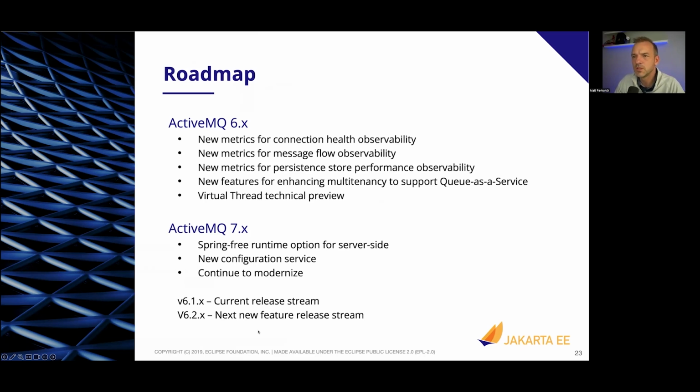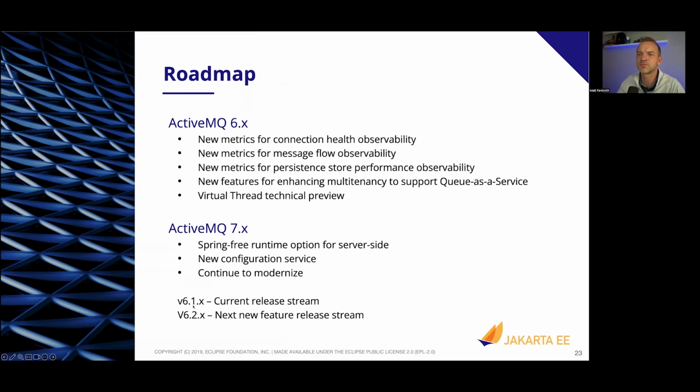And then continue to modernize. So really, I think ActiveMQ 7 is about getting back to the basics, performance, not forcing the Spring pieces in there and leveraging more of the JDK built-ins. A lot of what we're suggesting here is to go more JDK native. And that's what ActiveMQ is doing in 7.